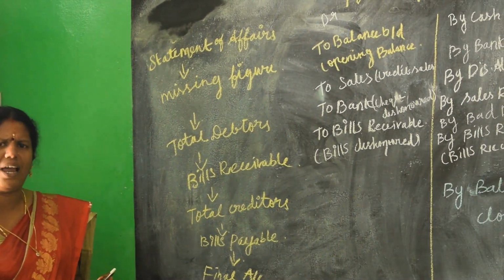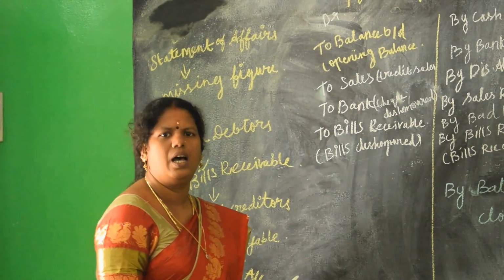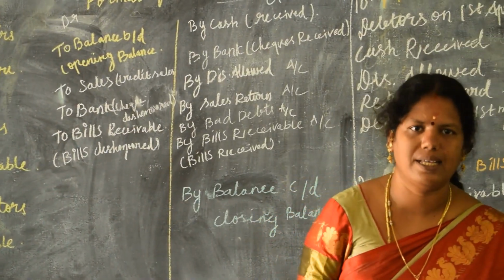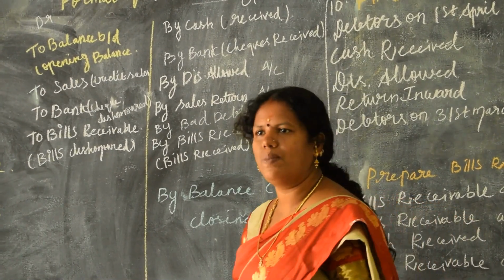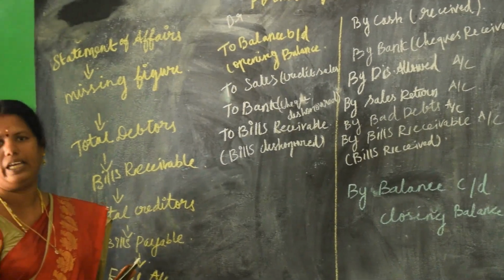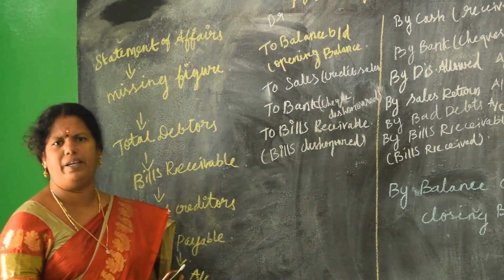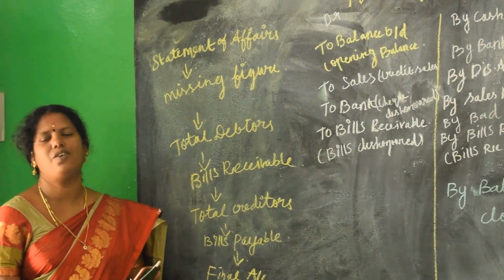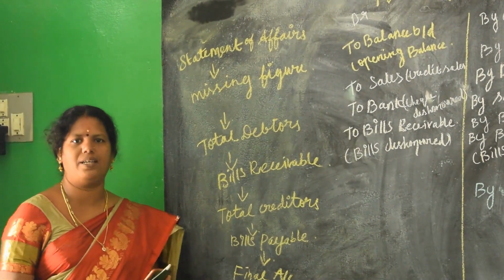Statement of affairs is like a balance sheet, as we have discussed. The same procedure applies for the items that appear in the liabilities and the assets. But there is only one similarity with the balance sheet in the final accounts, where both amounts are equal: assets equal liabilities. But in the statement of affairs, we have a difference. That difference indicates the opening capital.